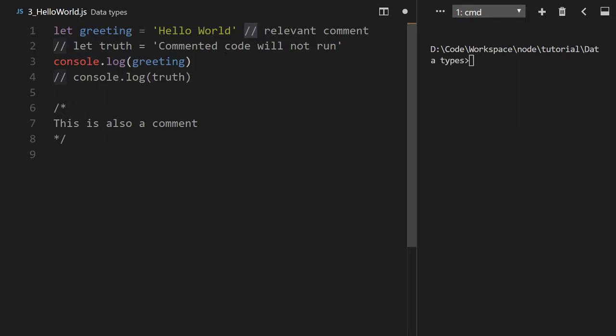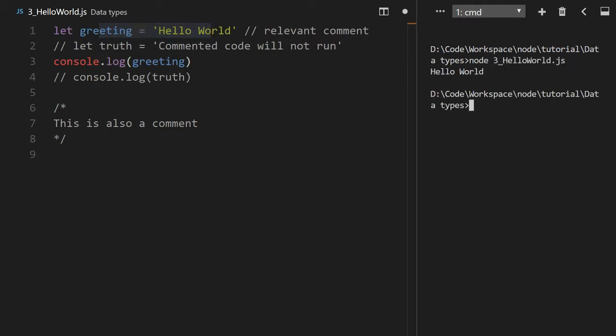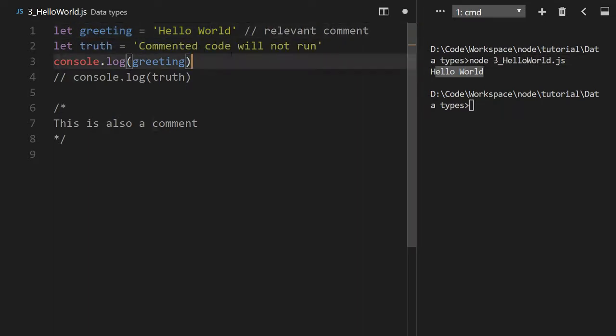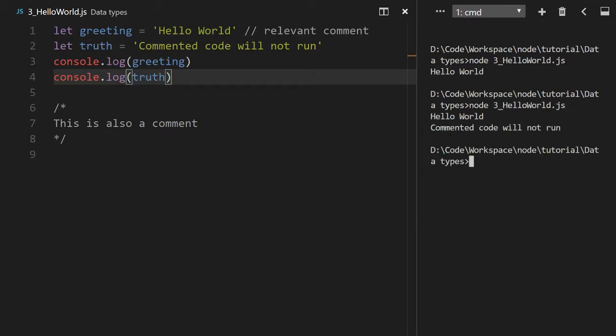The way it's useful here is I'm just using it to comment out extra code that I don't necessarily want to run. Maybe I'm testing this code and I just want to isolate it. So running this will yield just the hello world like we're used to. If I uncomment this and run it again, we will get